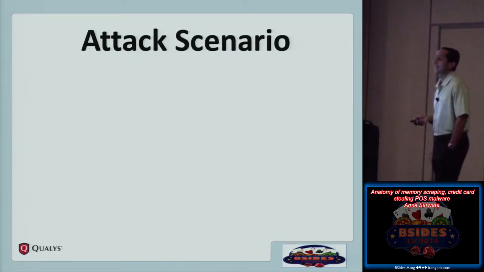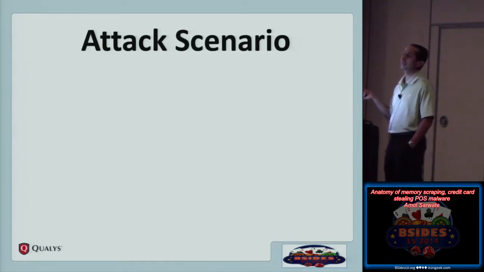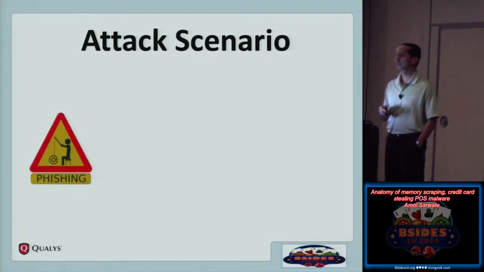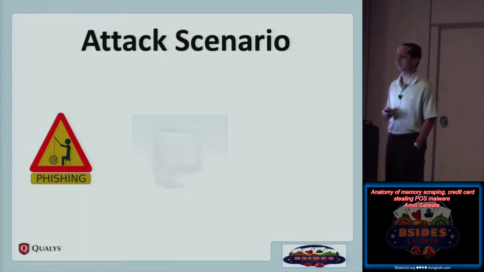So here is an attack scenario. As you already saw, a lot of these point of sale devices are nothing but Windows boxes. They can multitask. They can be used to check your Facebook accounts, your emails, play games and whatnot. So the attack scenario is, there is a phishing attack against the operator using the point of sale system. He or she clicks on a link that they received on email, on Facebook, or on some other device, and malware gets installed on the point of sale system.